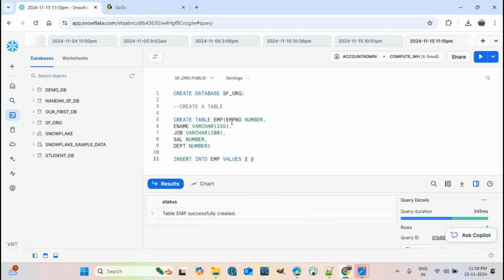So what is the first column? Employee number. Suppose I want to give employee number 101. Then employee name, his name is Venkat. These are string values, that's why I have to give them in single quotes. So what is the job? Suppose he is a TL,